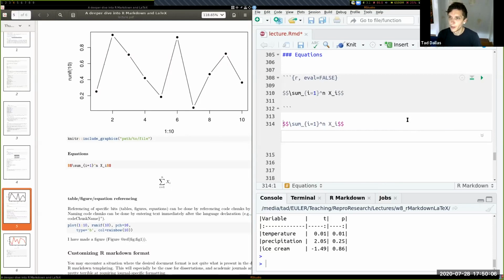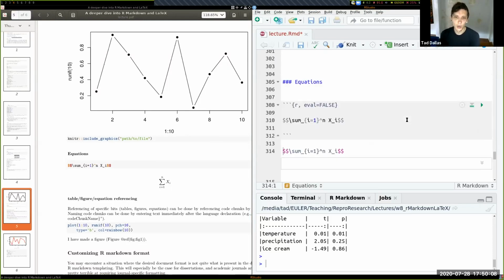Let's collapse that. All right, so equations are really nice to do in LaTeX, and you can enter a LaTeX environment when you're writing R Markdown code by using the double $ sign to get into math mode. This is how you would format equations in LaTeX, which is really nice because if any of you have tried to format equations in Microsoft Word, it's not super duper fun.